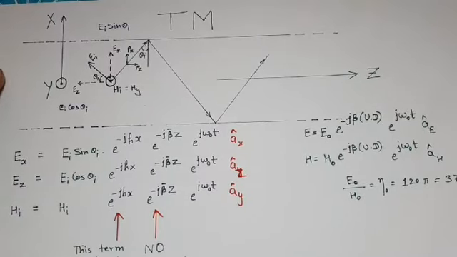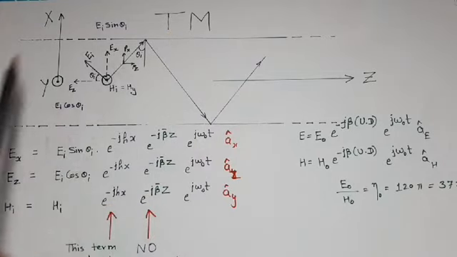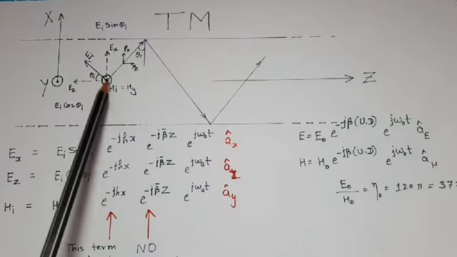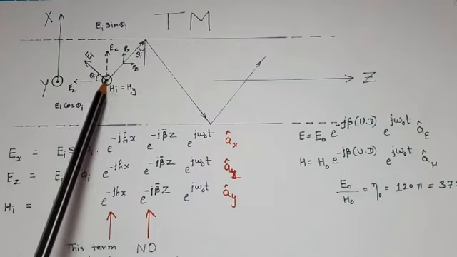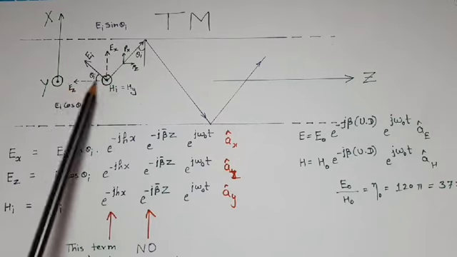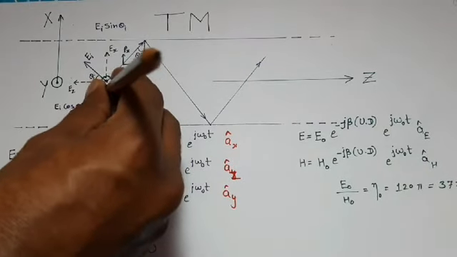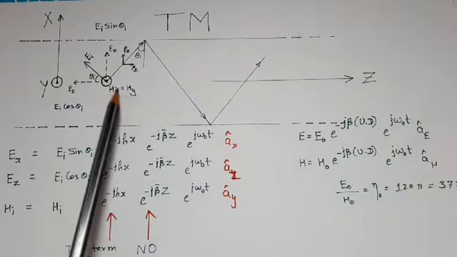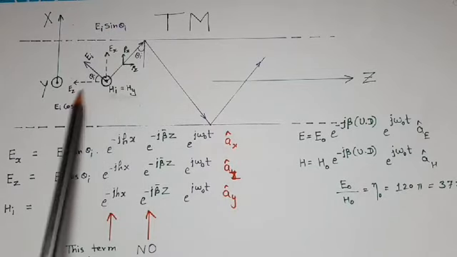First, we take transverse magnetic wave propagation. To study this propagation, this diagram would be suitable. If we observe this diagram carefully, then we find that there are two fields, incident electric field and incident magnetic field, denoted by EI and HI respectively. Now EI field has two components, one component in X direction and second component in Z direction, while magnetic field is only in Y direction. That's why it has only one component, that is HY. It does not have any other component in X or Z direction. So in this TM mode propagation, in parallel plane waveguide, EX will exist, EZ will exist and HY will exist.